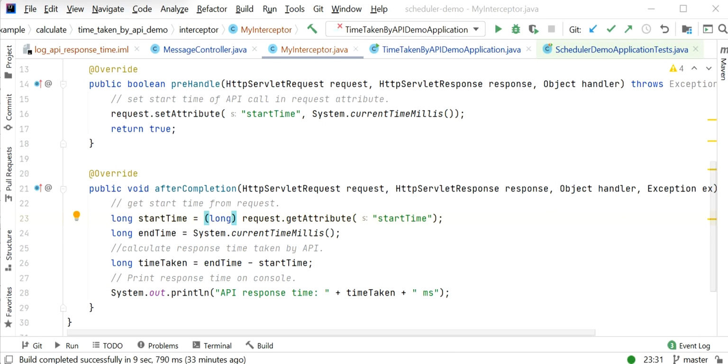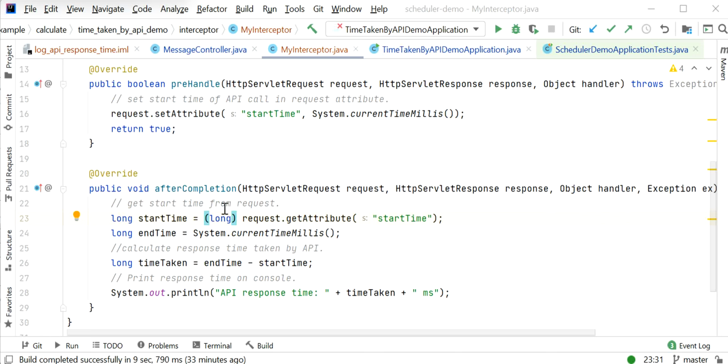Because instead of the postHandle method, you can add the code to stop the timer and measure the response time in the afterCompletion method. Because if an exception is encountered and it is not handled within our controller or application level, the postHandle method of your interceptor may not be called. This means that the end time of the API call may not be captured and the response time may not be recorded. So to handle this situation, you can implement the afterCompletion method in your interceptor.